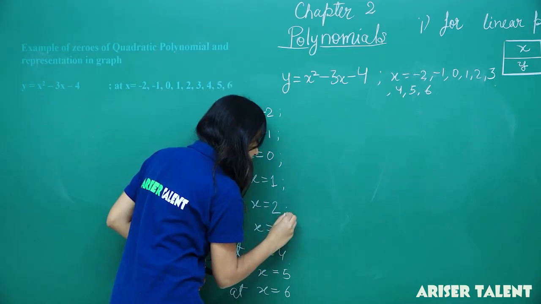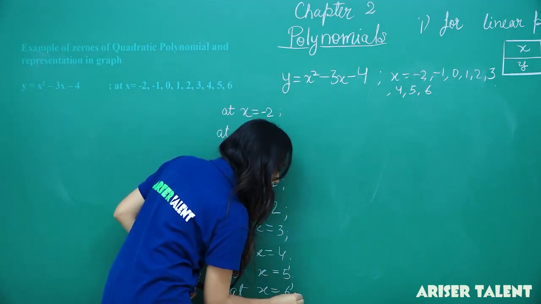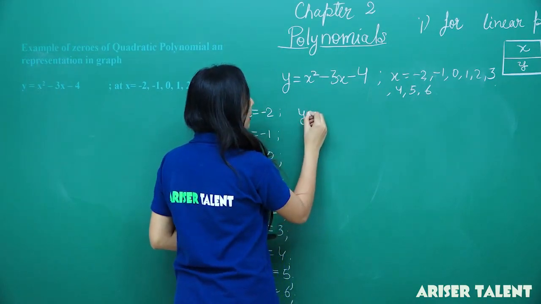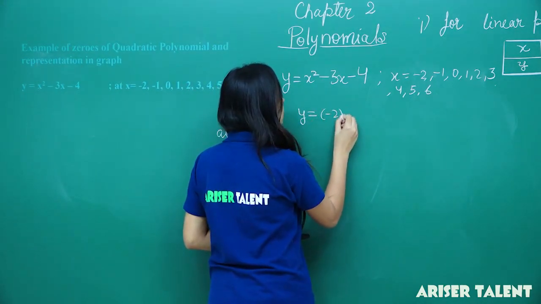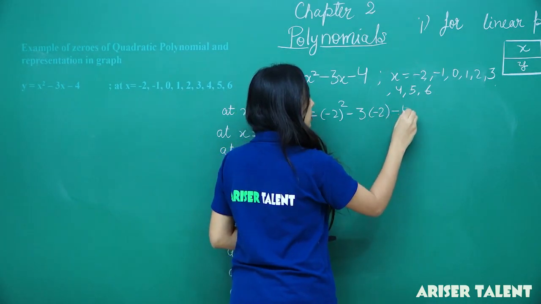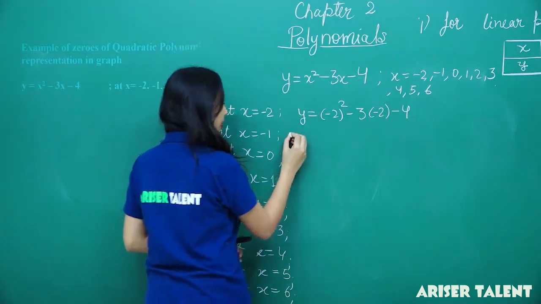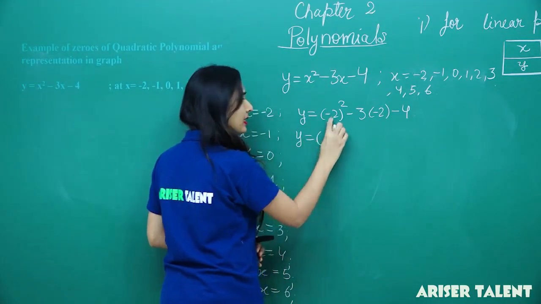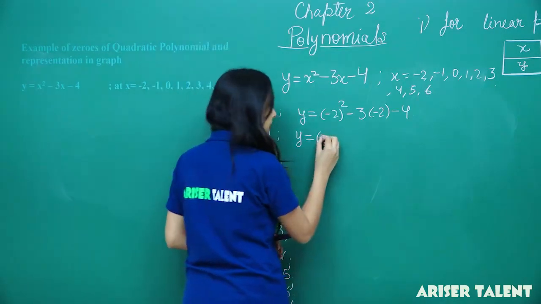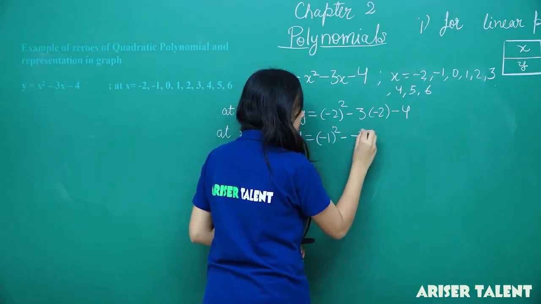So we'll find out all the values. Do it before me. Y will be equal to minus 2 square minus 3 times minus 2 minus 4. Okay. Here y will be equal to, replace this minus 2 only by minus 1, 0, because you are doing the same thing here. Minus 1